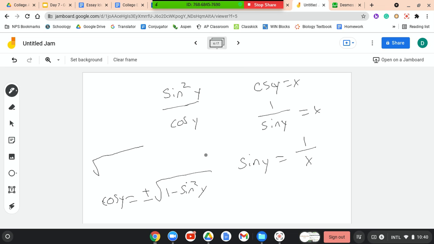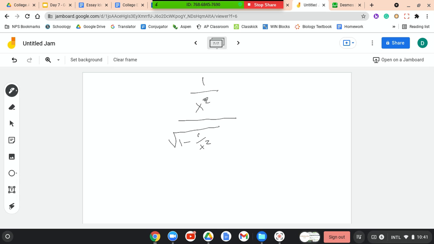And remember, sine of y equals 1 over x. So the top is 1 over x squared. And cosine of y is the square root of 1 minus sine squared y. But because sine of y equals 1 over x, we can replace this as 1 over x squared. Okay, that's what I've done. We have a 1 over x squared here. I could just bring it into the denominator, because when you have 1 divided by this, that's the same thing as just 1 divided by